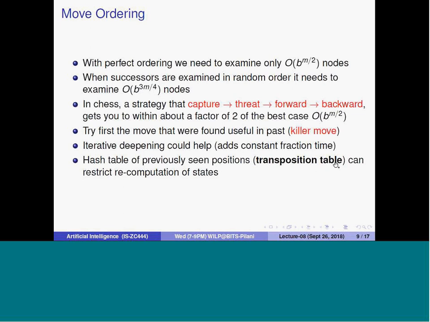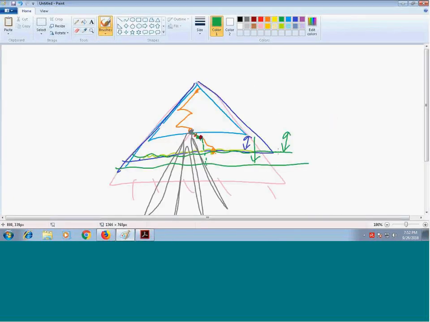The transposition table is a good thing to know. What is that actually? In the game of chess, you can take things forward and backward, and sometimes you can reach the same state you were in earlier. You find that this particular state and that particular state are the same, because both players are moving and at some place you are again in the same position. Then again you would have to search and find out which is the best one.